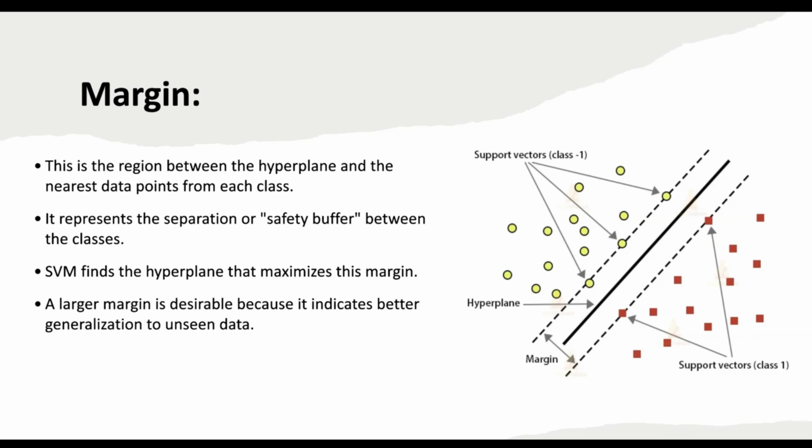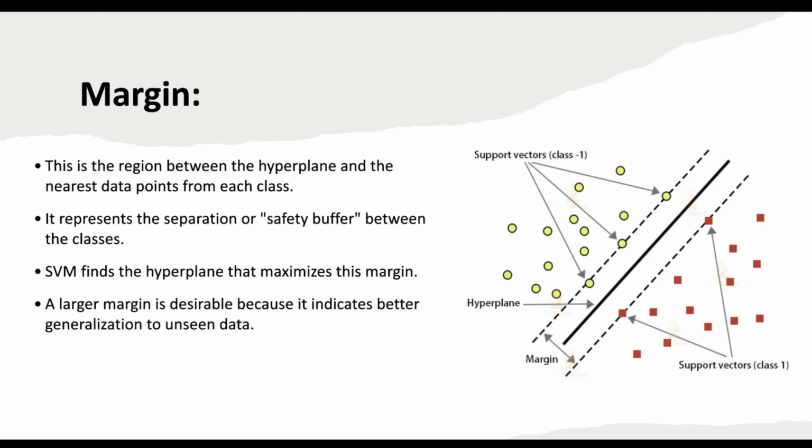So we don't want to lean too close to either of the data points. A larger margin is desirable because it indicates better generalization on unseen data. That's why we want to maximize that distance. By now, I think you have a clear understanding of the theoretical part of what support vector machines are. Now, I want to move forward to where we will be applying the support vector machine using a practical